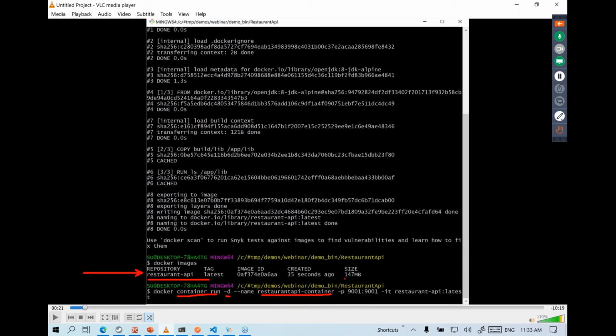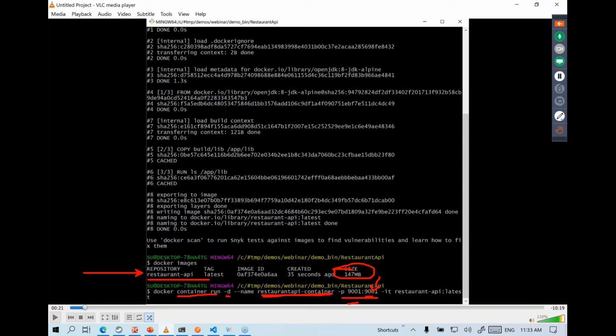So this image is currently sitting on the hard drive. That's the size of the image, but we need to run it. We need to load it into our system's memory and execute whatever we have in that Docker image. So that will be the name of the running instance of the Docker image. And here you can choose to specify the port mapping. Like as a developer, you need to know what port number your REST API will end up using. So that will be the internal port number.